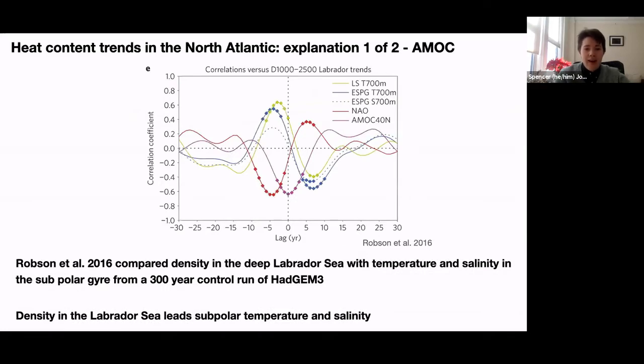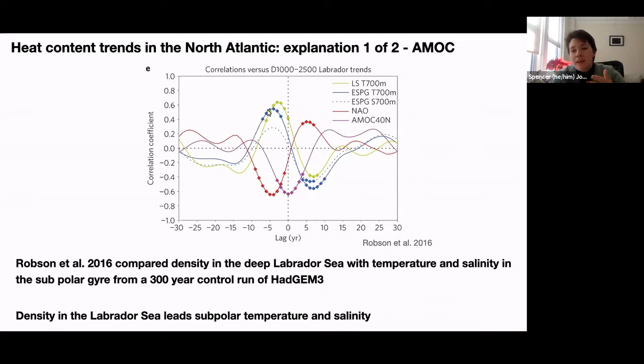And then they go further and analyze HadGEM3, which they have set up in a 300-year control run. Again, they look at correlations between the deep density in the Labrador Sea and the temperature and salinity in the subpolar gyre. What they're saying here is that the temperature in the subpolar gyre lags AMOC transport by about 5 or 10 years. And so it really seems like that is